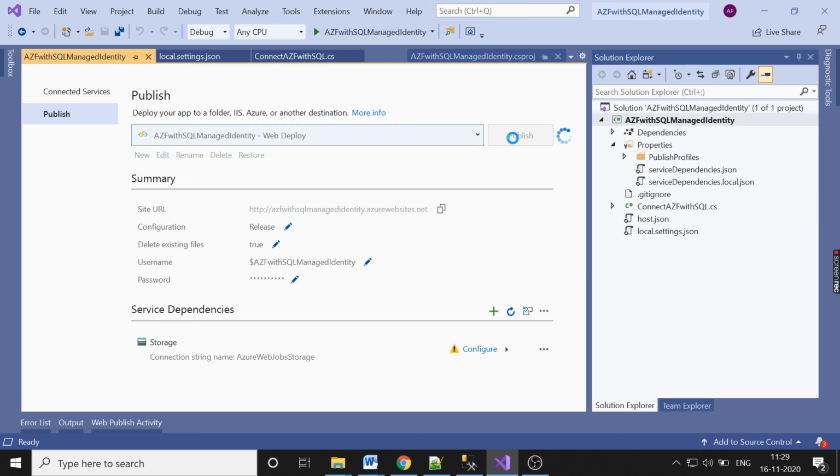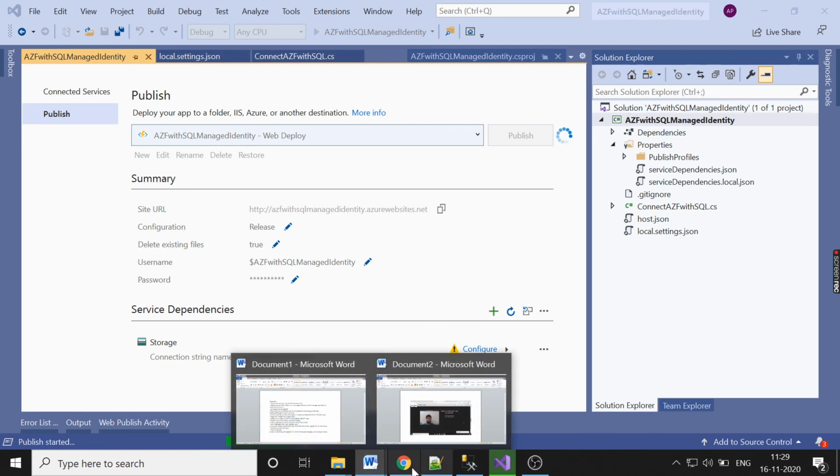Okay, let me publish it. Basically, we are publishing this Azure function to this function app.